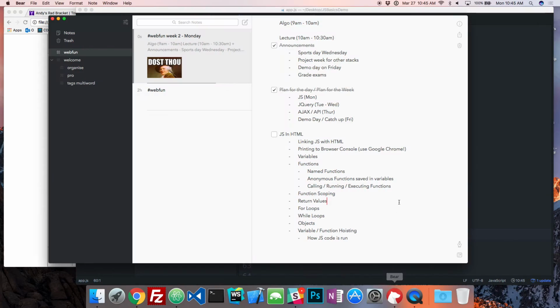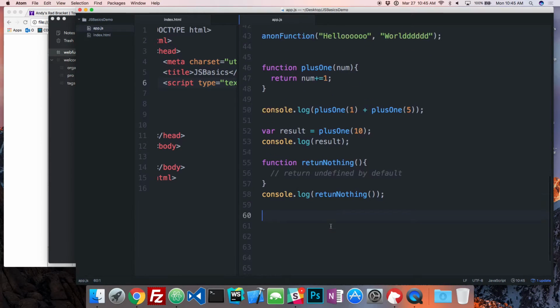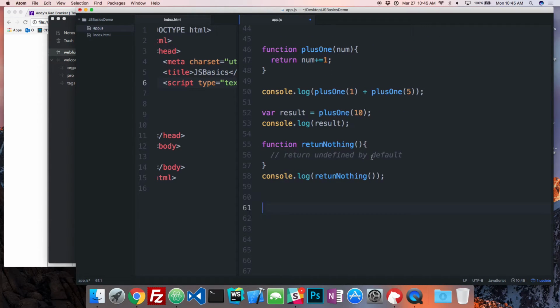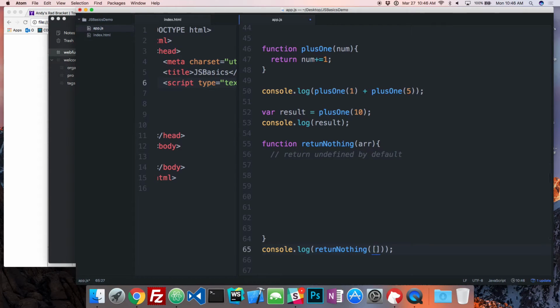Let's take a look at for loops. You guys know for loops, while loops. Okay. So let's do something with a for loop, right? And let's do something with a while loop, right? I'll show you guys the similarities there. And this is very basic. It's review, right? Let's say that in this function, I'm giving it an array, right? So let's give it an array here. Say 1, 2, 3, 4, 5, like that.